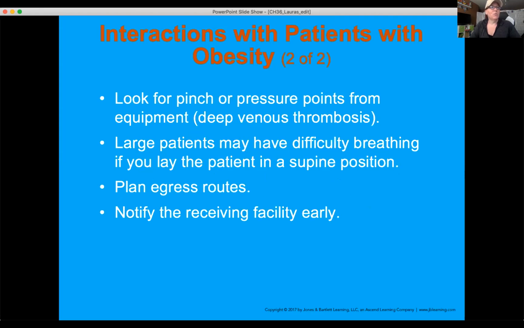All right, patients with obesity, we already know higher risk for DVTs. They can have bed sores, have a lot of other issues, can have problems being supine, have breathing difficulties when they're laying supine. It's also important to notify the hospitals early, the receiving facility, either in the pre-hospital setting or in the interfacility setting, to make sure that they're ready and equipped with things that can handle that patient size. Not all hospital beds are made to handle patients that are over about 300, 400 pounds. So they have to have specialized equipment in place.